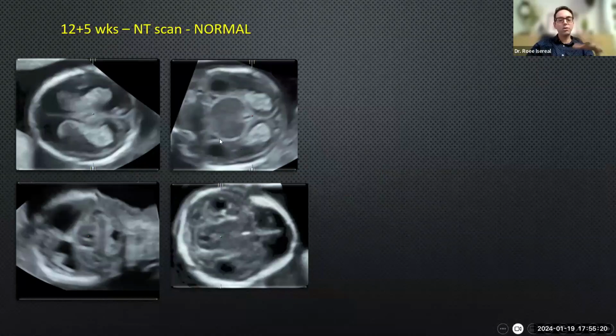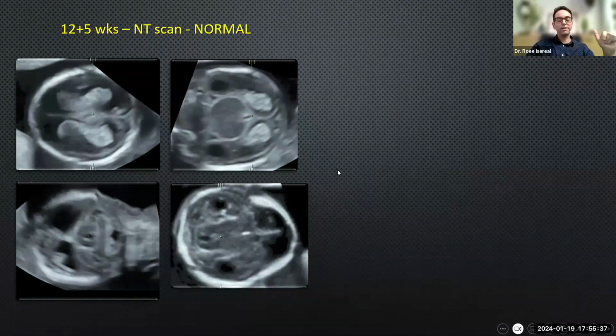I performed at 12 weeks. The nuchal was completely normal, but I also performed a transvaginal examination of the brain, and you can see that the brain is completely normal, no ventriculomegaly. Everything looks completely normal, but in Israel, we are doing a complete anatomy scan transvaginal at 15 weeks, so I